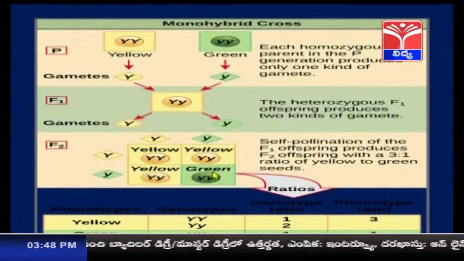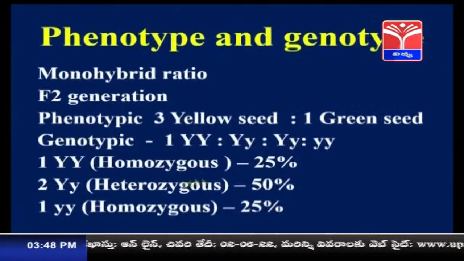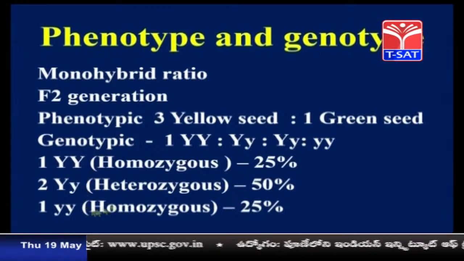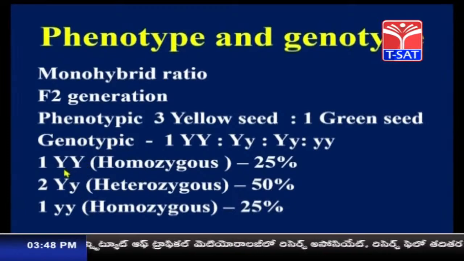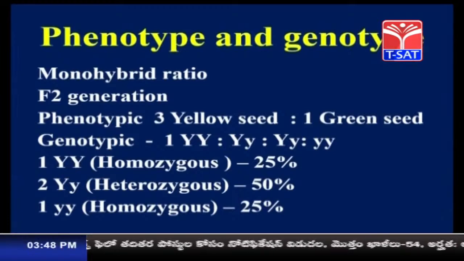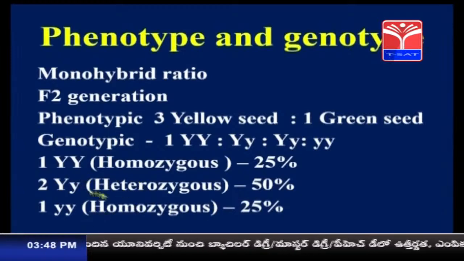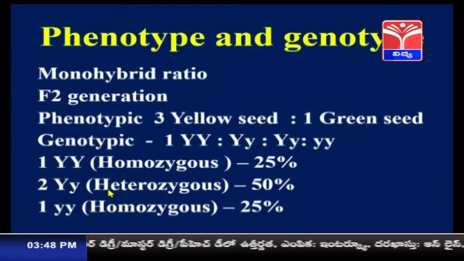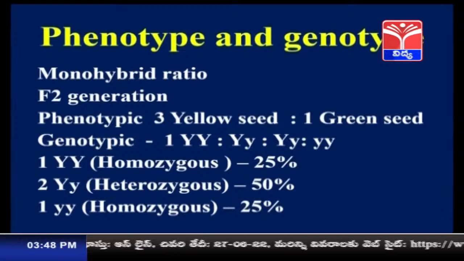What about this green plant, which is small y? How many such combinations did we get? Only 1. So genotypically, when you look at the types of alleles, pure alleles, homozygous alleles, you find homozygous dominant, 1, capital Y; homozygous recessive, which is pure yellow, small y, 1; and you get 2 heterozygotes, capital Y, small y. You get 2 such plants. So this is the genotypic ratio, which is